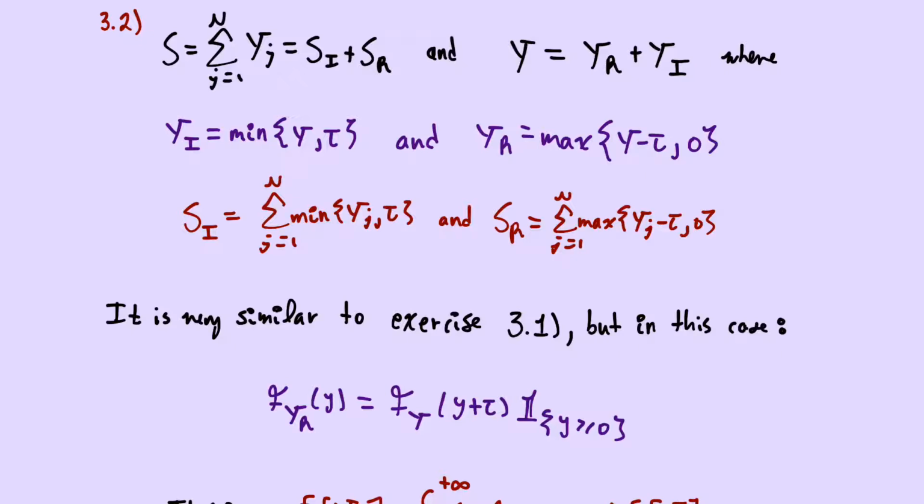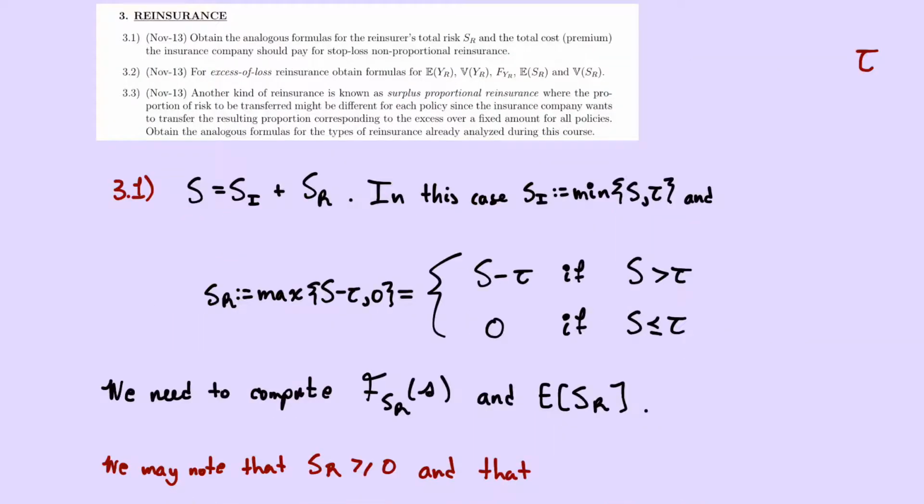If the original random variable S is a collective risk model, it is something like the sum from j equal to 1 to N, the frequency random variable, of some severity random variables. In this specific model, called excess of loss,